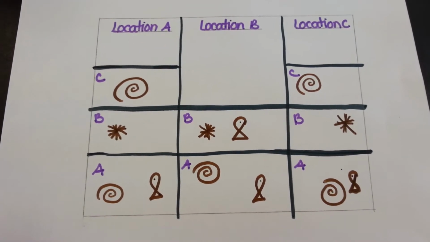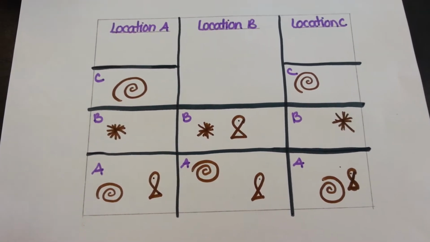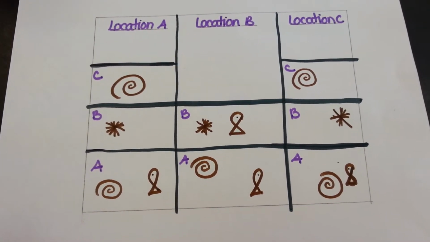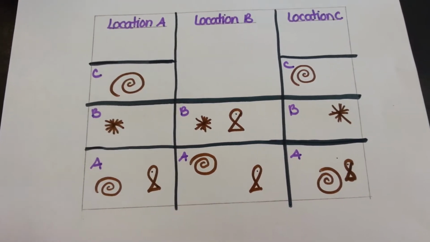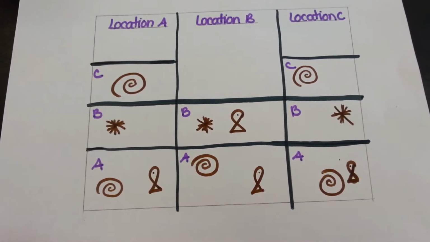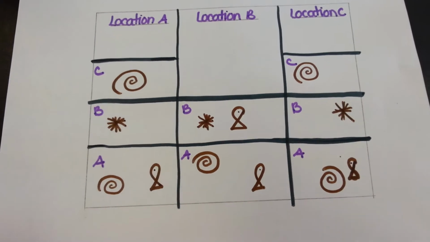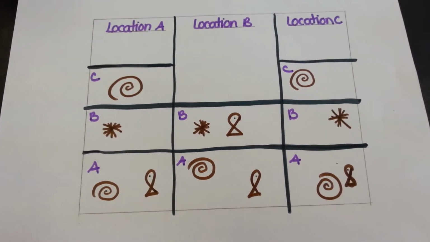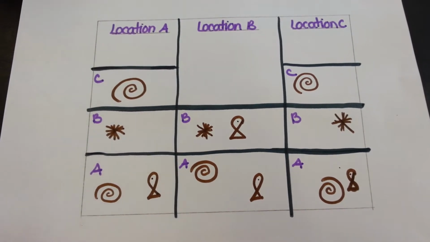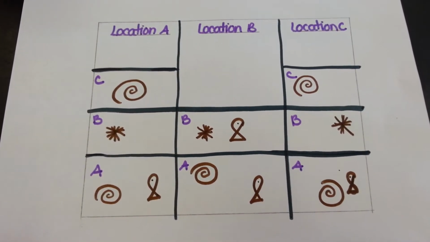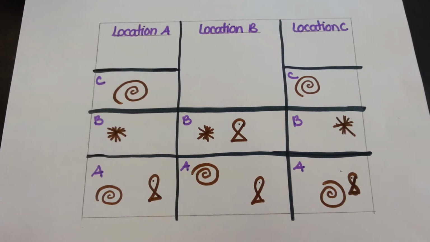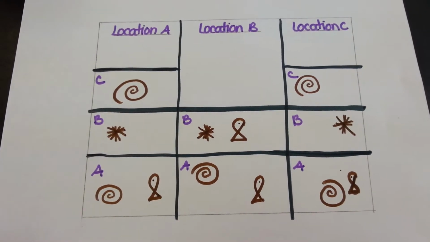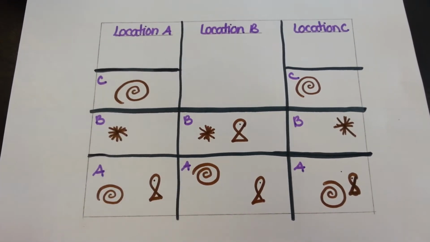So with these 3 cross-sections of rock, I have to look for the index fossil, because the index fossil allows me to know for sure that that rock layer is the same age as the fossil. So I can determine relative age that way. Remember, we're not determining specific age or absolute age. We are determining relative age, which means which layer is older or which layer is younger than some of the